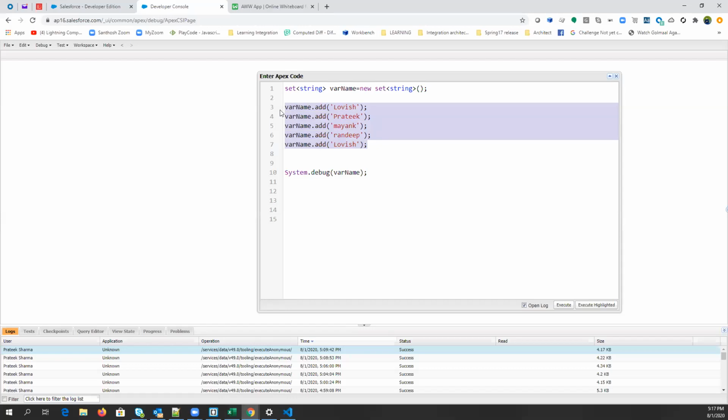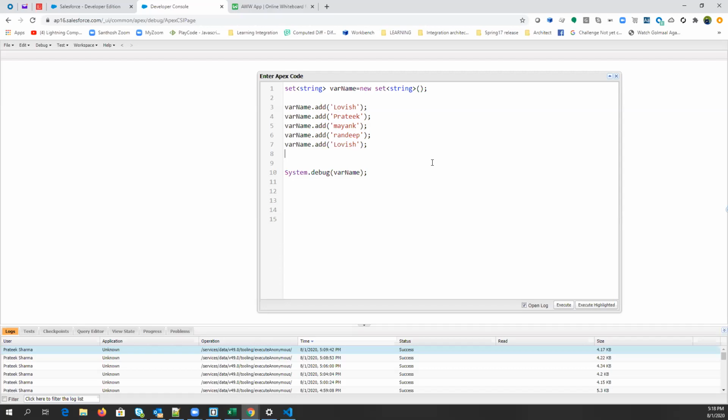So we don't know about Lavish, the first one or the fifth, and you can't say it is used for ID or anything. If I say yes, then it will be a diplomatic answer. So for your consideration, just think that if you want to store anything unique, it can be any ID, string, or integer, any data type. But again, it will only store unique values.